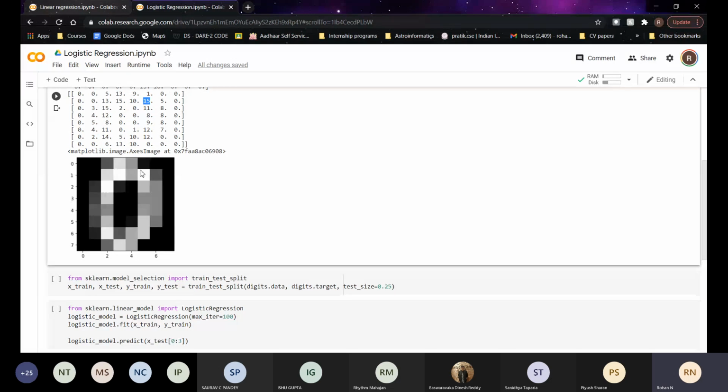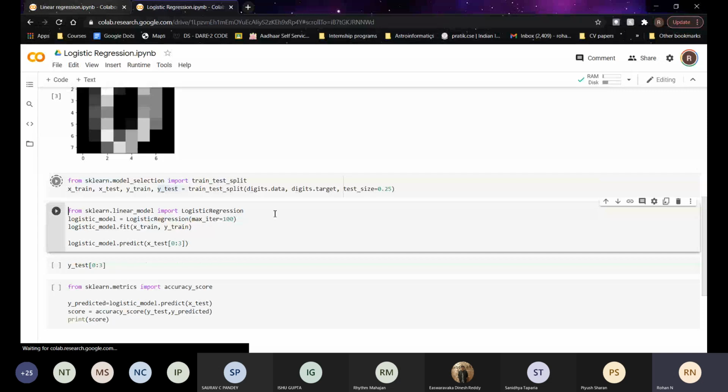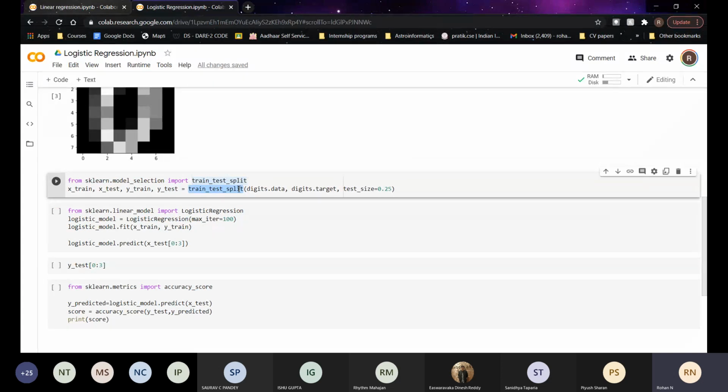So this is where we divide the dataset into training and testing sets. For that we use this train test split function from sklearn. It might look a bit confusing, but I'll walk you through it step by step. Test size is the main thing here.